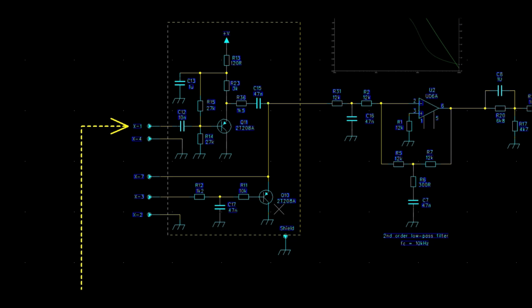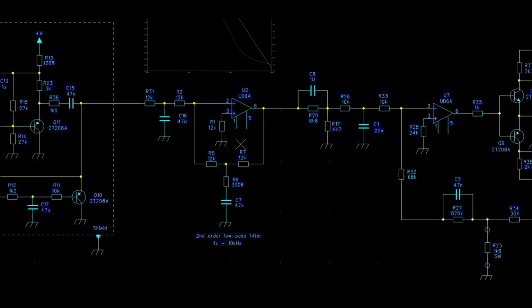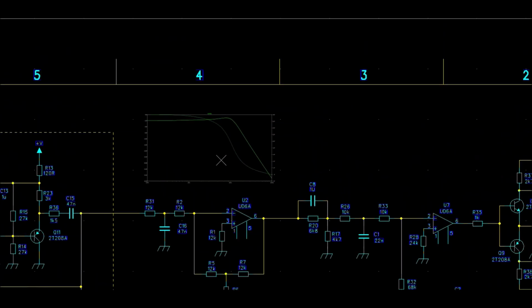If you follow my videos, you know that a chopper uses a transistor which works in reverse mode. This transistor is used actually as a synchronous detector. The AC voltage which is present on that line is converted into a DC voltage on that line here. The DC voltage is fed to this low-pass filter. This filter is a second-order low-pass filter with a cutoff frequency of 10 kHz approximately. We can see the response curve here.